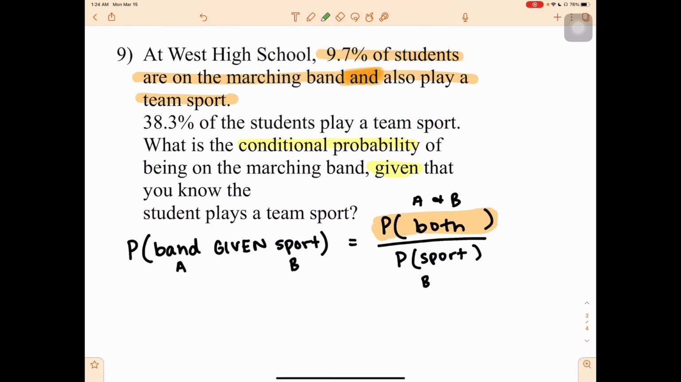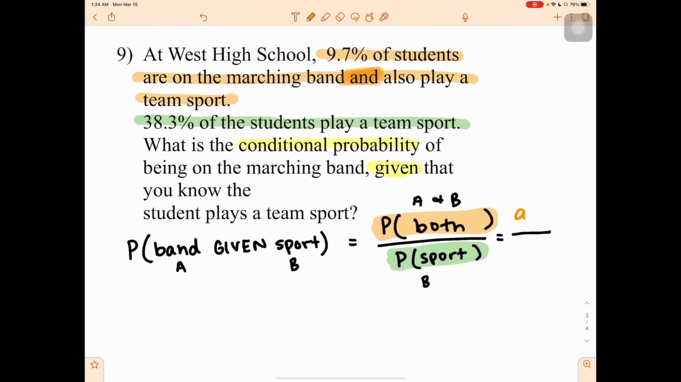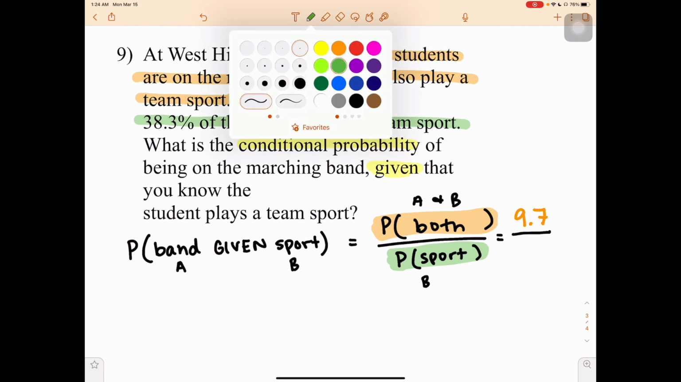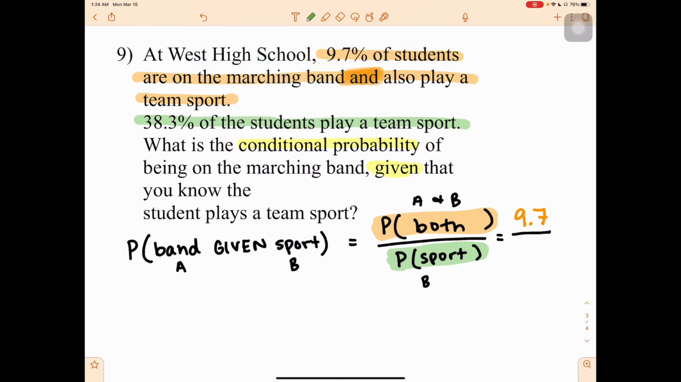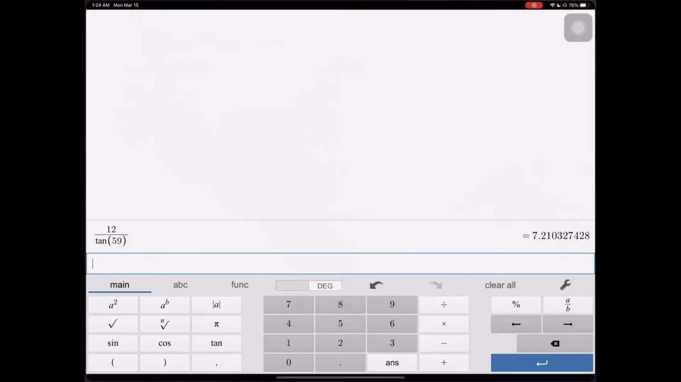Okay? Then it tells us that 38.3% of students play a team sport. So that's the probability a student is playing a sport. So the probability of both of them being on the band and playing a sport is 9.7%, and the probability of them playing a team sport is 38.3%. Okay, so now if you go ahead and divide this,